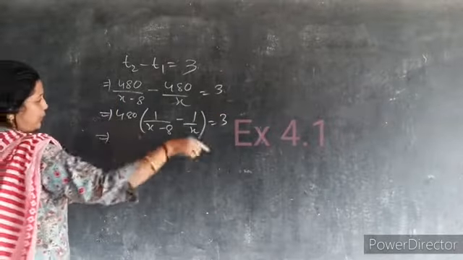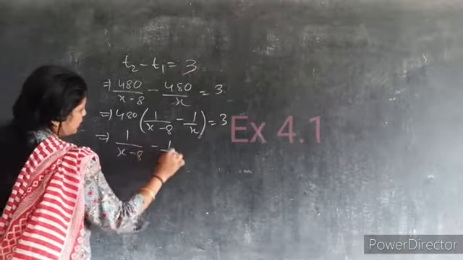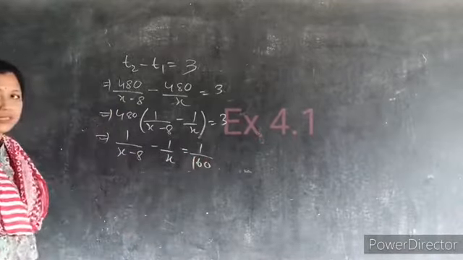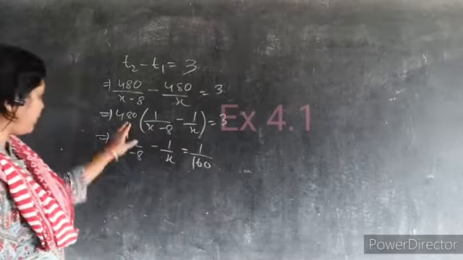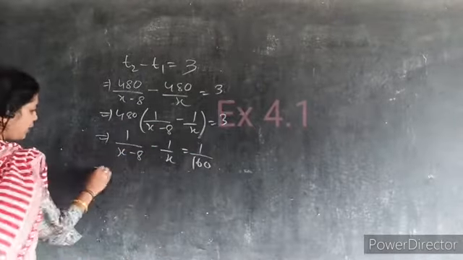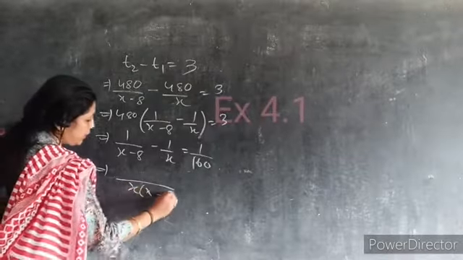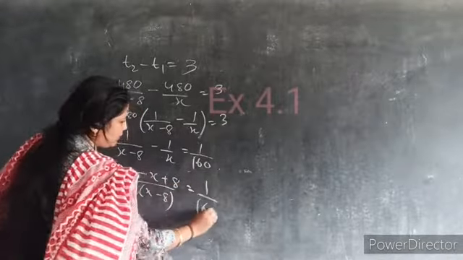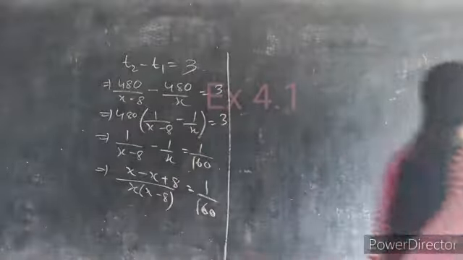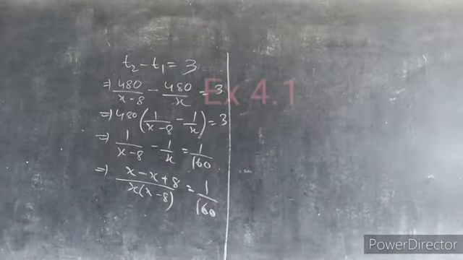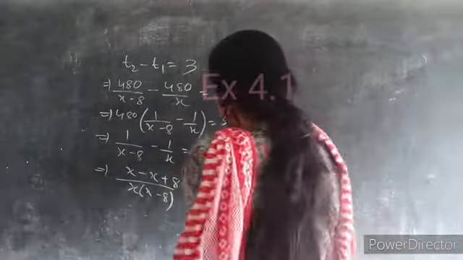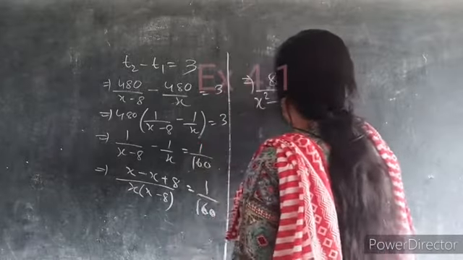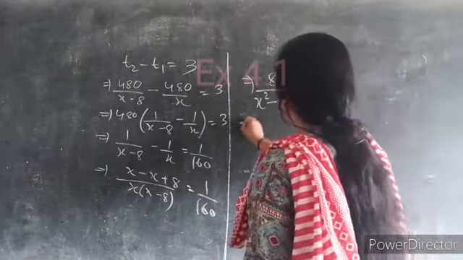So let us bring this 480 down. So it will be in this way. So 3 by this will come, that is I can write 1 by 160 plus... 3 divided by 480 will be 160. So if you take the LCM here, we will be getting x minus 8 plus 8, so 160. Okay, I am skipping some steps, so we try to understand. Here in the numerator we are getting 8 divided by x square minus 8x equal to 160. That means your equation.